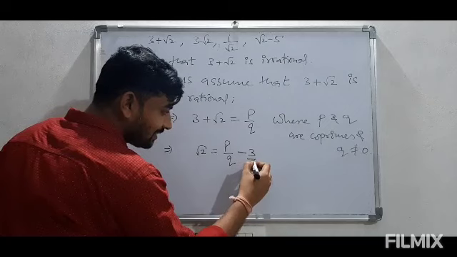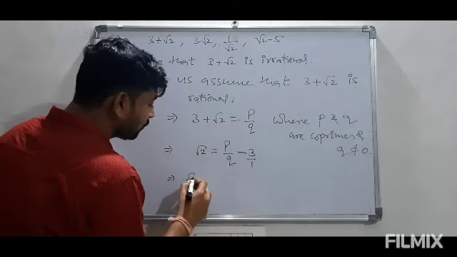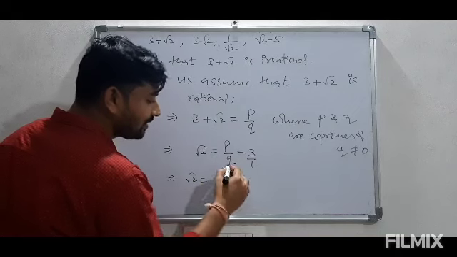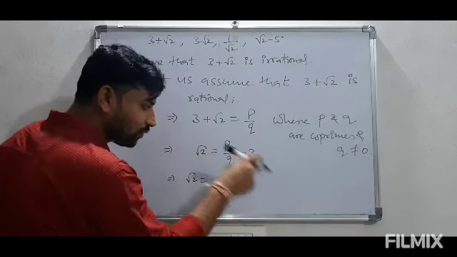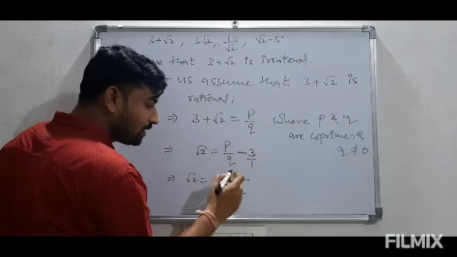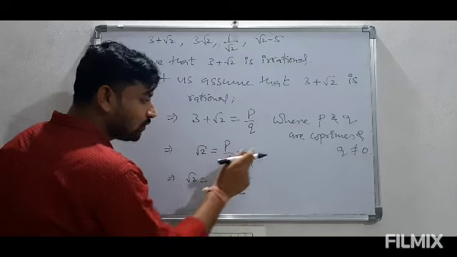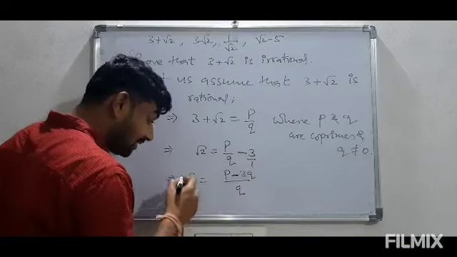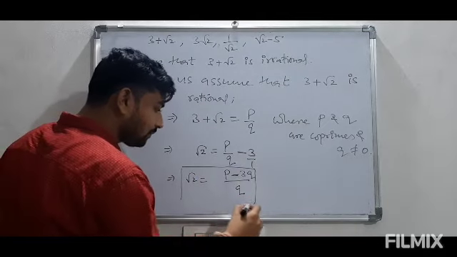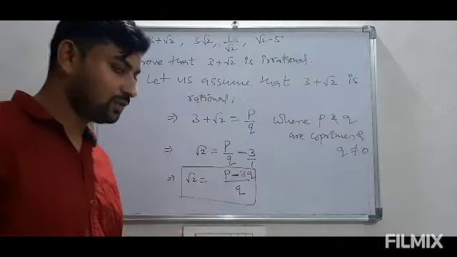Then we can easily write it as 3 upon 1. Now cross multiply it. What will we get? Q into 1 means Q. Q multiplied with 1. Then cross of this, P into 1, that is P. Then minus sign in between, so minus. Then Q into 3, we may write minus 3Q. So the value of root 2 is coming out to be P minus 3Q upon Q.